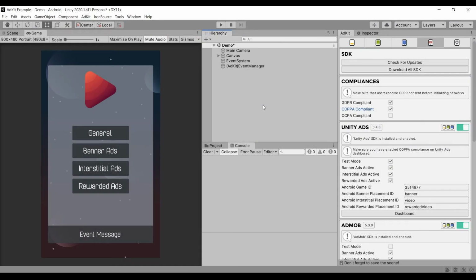Welcome back. In the last two videos, we have been making our game GDPR and CCPA compliant. And in this video, we are going to enable CCPA compliance. So CCPA stands for California Consumer Privacy Act. It's a fairly new act that was released in 2020. And from then, it regulates how apps all over the world are allowed to handle the personal information of California